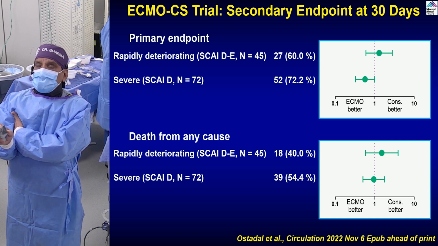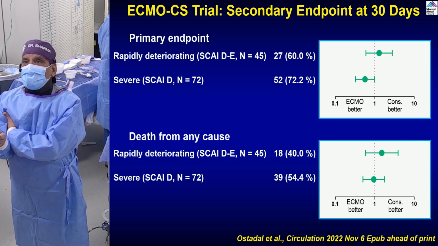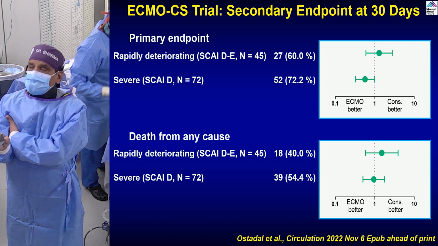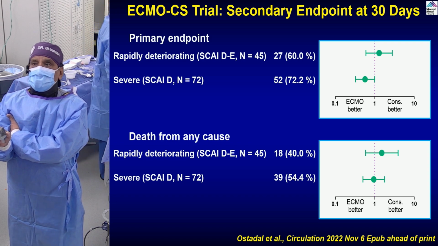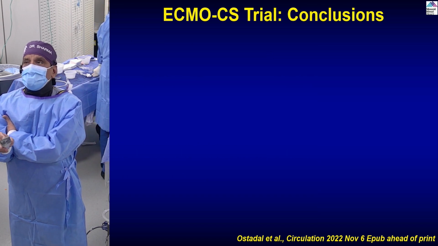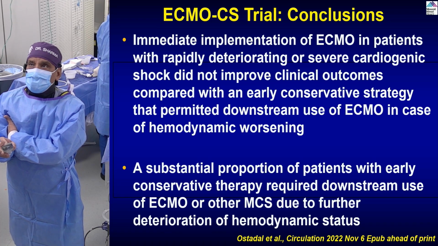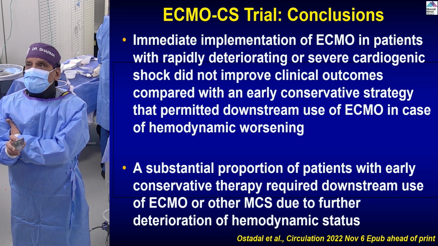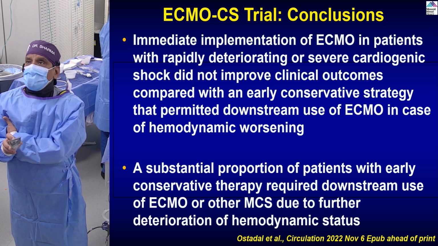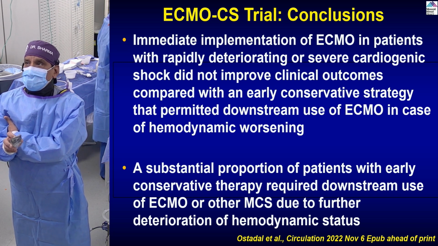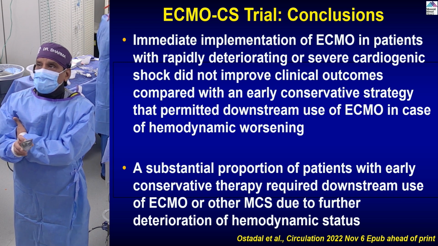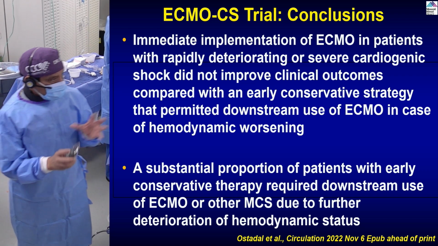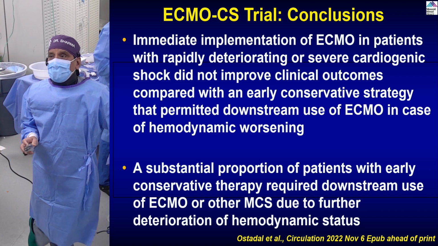Now, these are the then rapidly deteriorating advanced cardiogenic shock based on the SCAI definition. That initial ECMO was slightly better, but overall death from any cause, as we saw, there was no difference. So basically, the trial concluded that immediate implementation of ECMO in patients with rapidly deteriorating or severe cardiogenic shock did not improve clinical outcomes compared with an early conservative strategy that permitted downstream use of ECMO. So the key is, it is very important that this group of patients are still challenging, and we need to continue to do